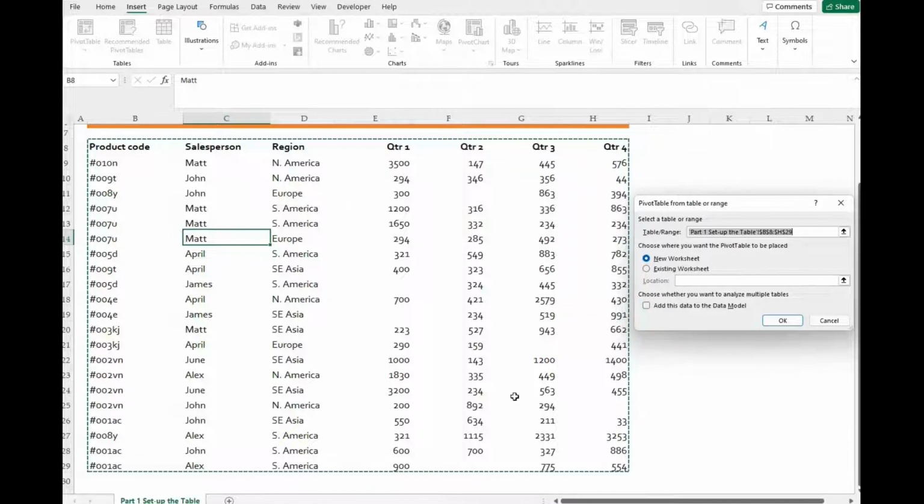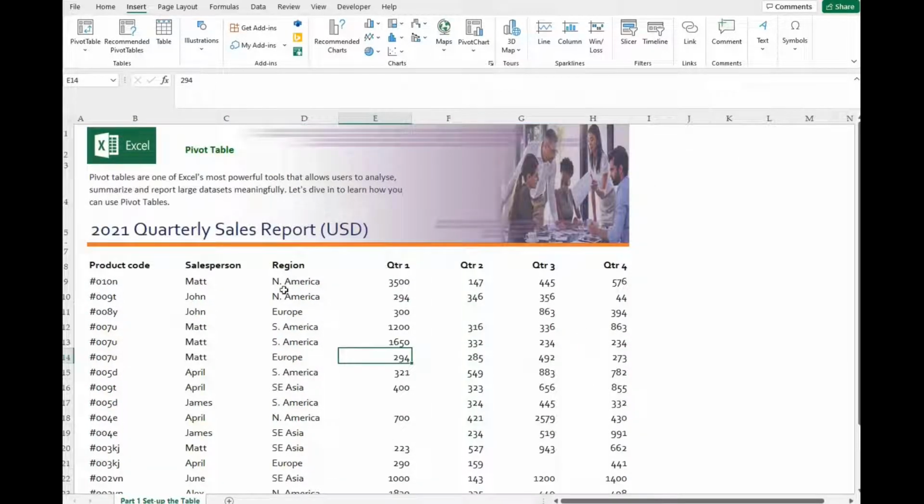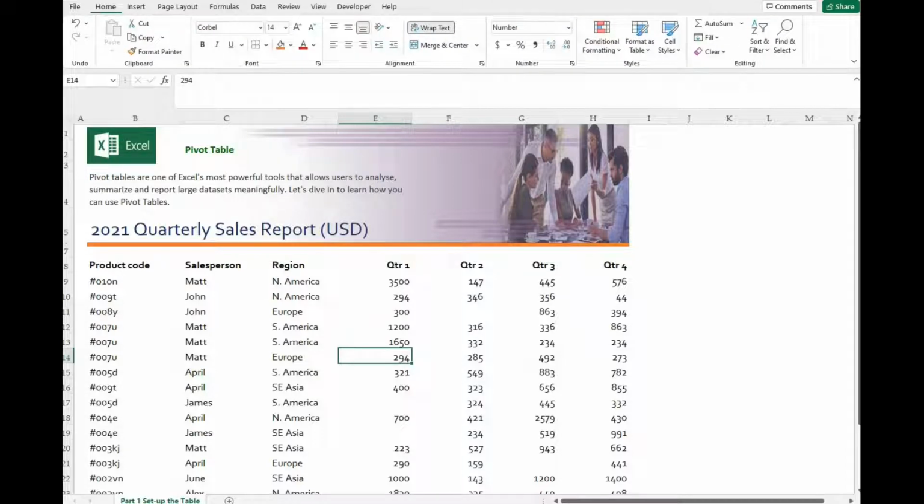If you are sure that you are not going to add any more data into your data set. But if you know that there are going to be updates later on, then perhaps this is not the best thing to do. Let's hit cancel. What you probably want to do first is to convert this data into a table, right? So there are a few ways to do this. The first way is to hit the home button and you have this format as a table button here,